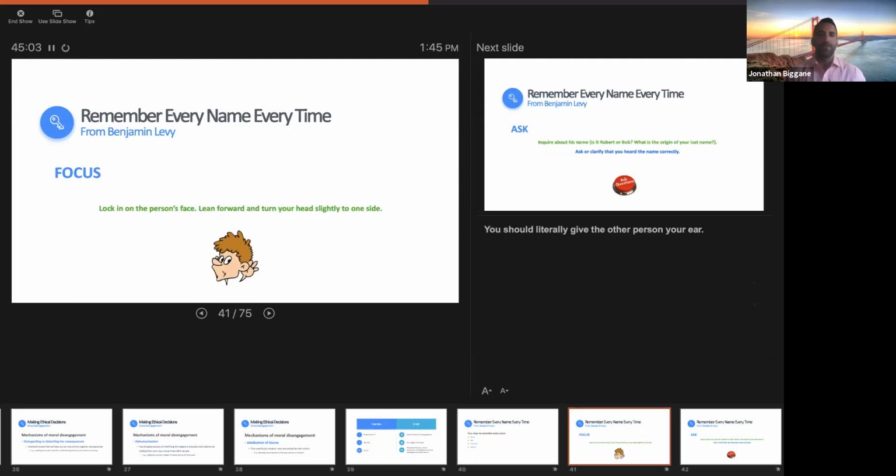If you're meeting someone, you can look into the person's face, lean forward, literally lean forward, and tilt your head to one side as they're telling you their name. One thing this does for us is, we know that our mind wanders about half the day. We've got all this other stuff that we're trying to process. And so by leaning into this person, you're essentially signaling to yourself, okay, this is something important, I should listen to this. And you're also signaling to the other person that what they're saying is important and valued.